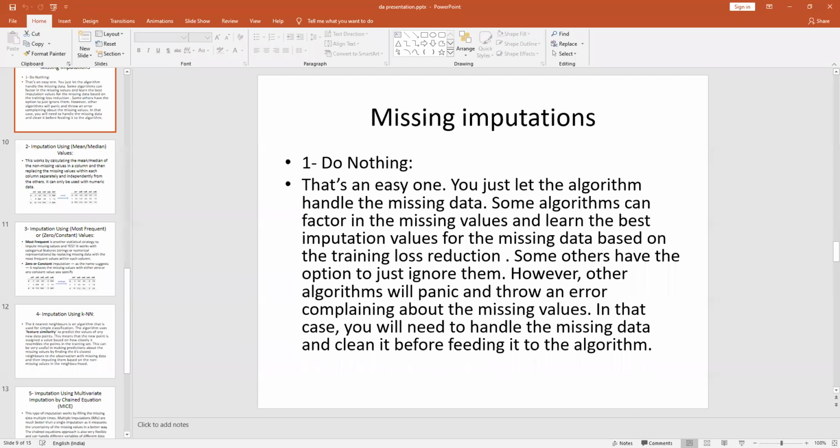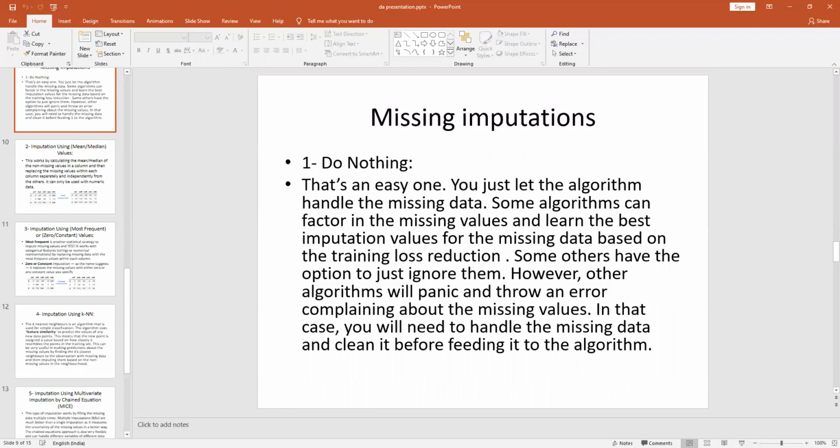But the problem here is, if we do that, there is a risk of losing the data points that have valuable information. Rather than this, a better strategy would be to impute the missing values. In other words, we need to infer those missing values from the existing part of the data. There are 6 ways to handle these missing values.